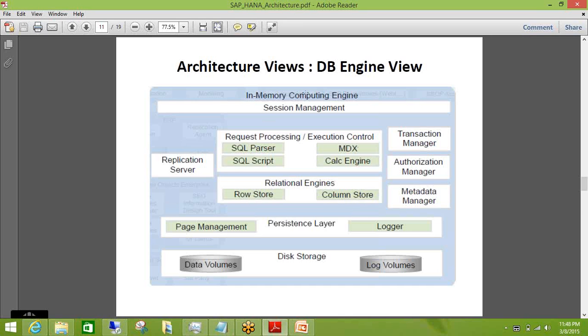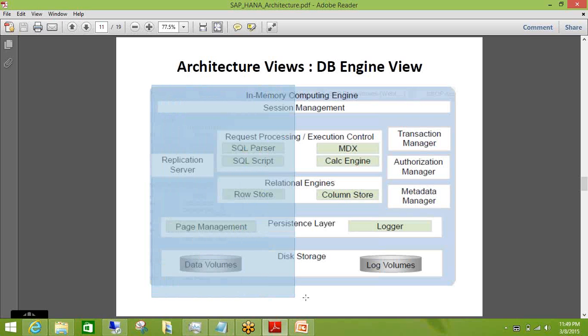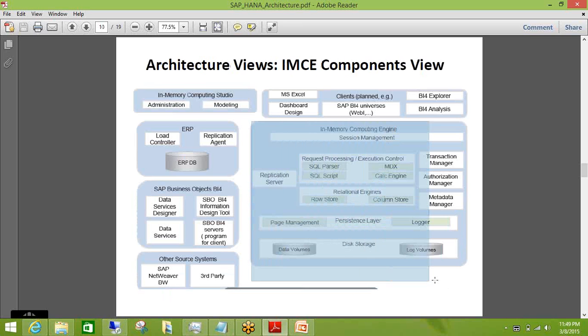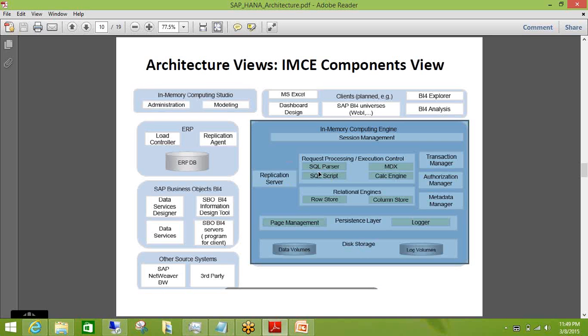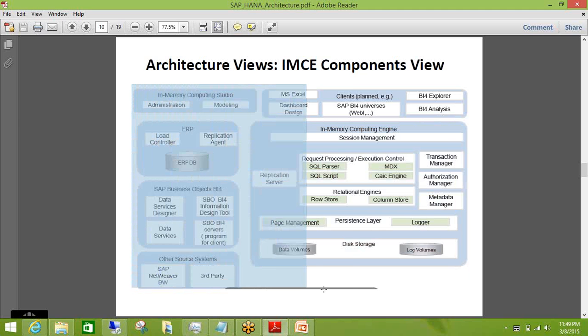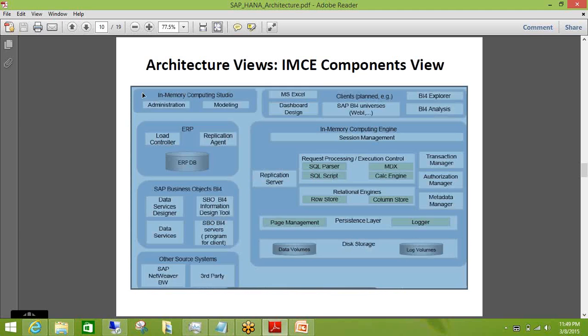So suppose I am using a DB engine view. When we talk about the DB, we are just using the HANA server component, which is this component. Out of 4 components, this component is only responsible for the DB engine view. This is your global, holistic view of your HANA architecture. So you have 4 components.